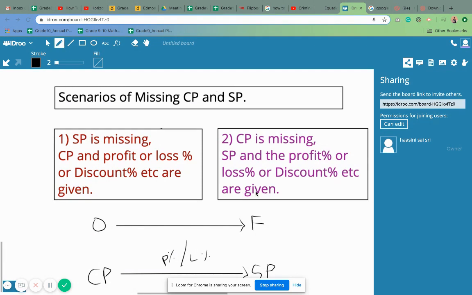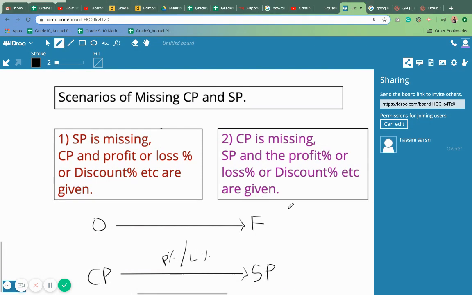are given. Now, before we proceed, it's important that we understand how these concepts are related to percentage change. If you remember percentage change, we always used to draw a flow diagram for the percentage change. Every flowchart has the original amount and the final amount, and there is always a percentage change that transforms the original to the final. This percentage change can be an increase or a decrease percent.